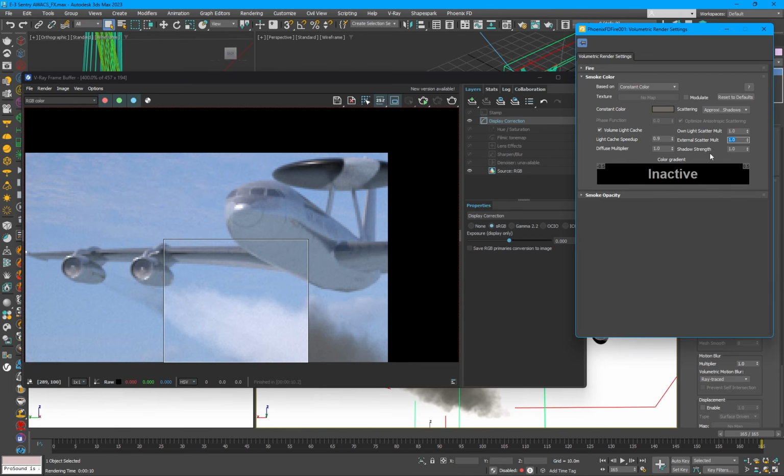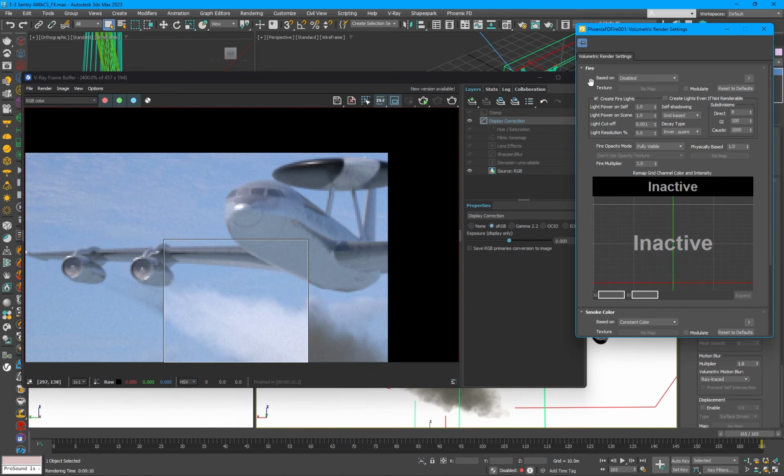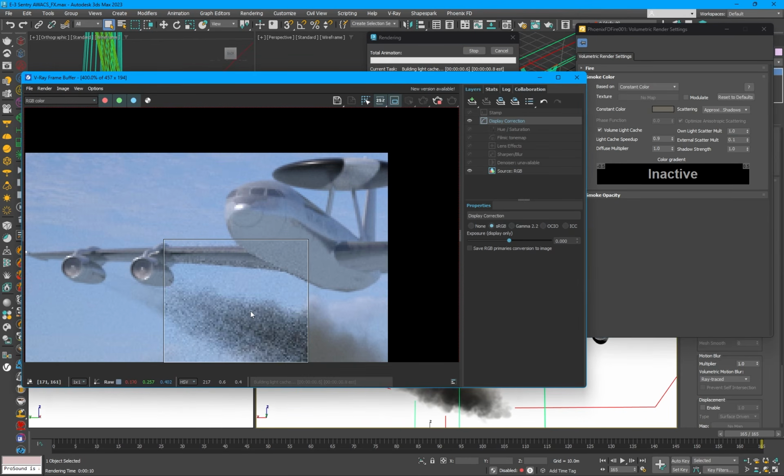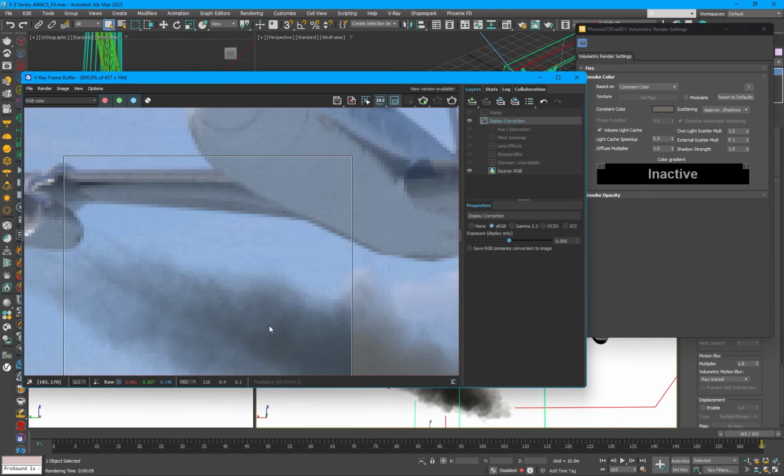External scattering multiplier is a very interesting parameter. It defines how much light from the outside emitters will go inside your smoke. The on-light scattering defines how much light from the fire, but we are not using this, so we can ignore this parameter. And with the external multiplier, we can get some really nice effects for our scene. If you set 0.1, we will get nice shadowing inside our smoke because very little light will go inside this